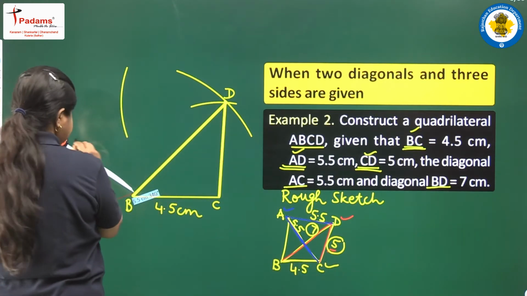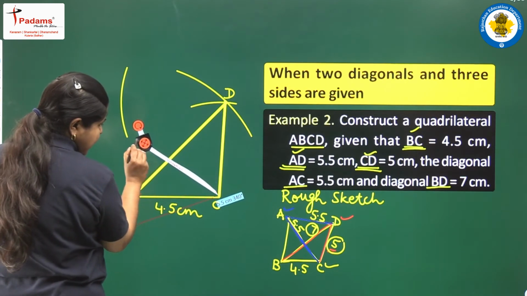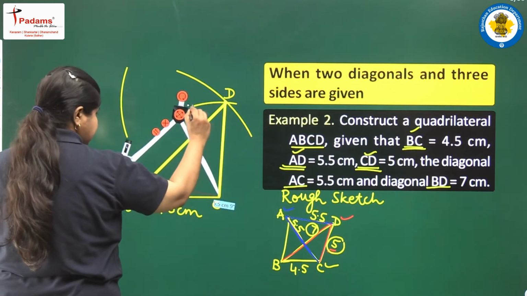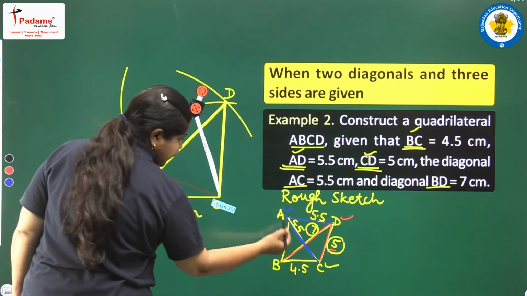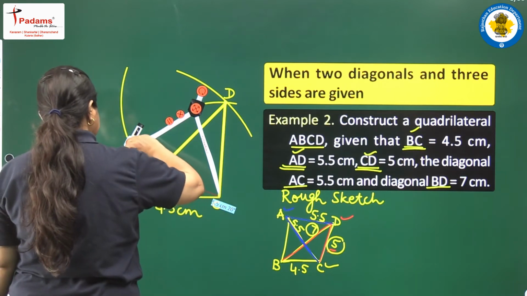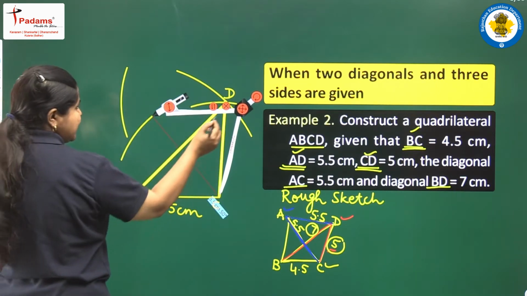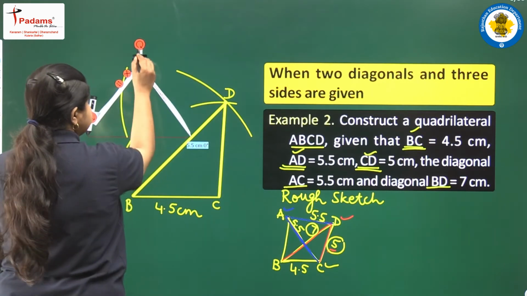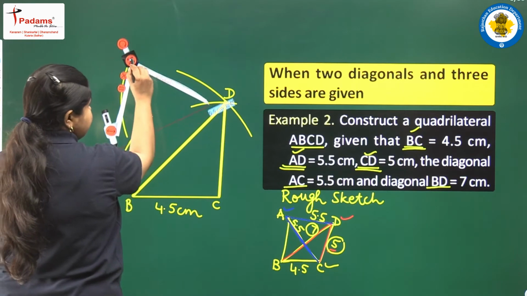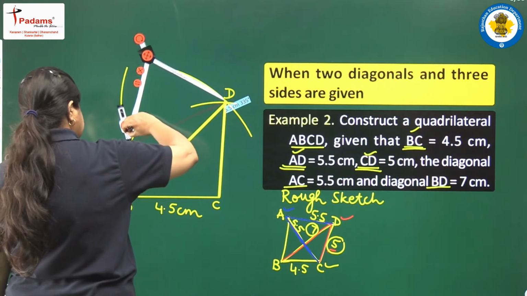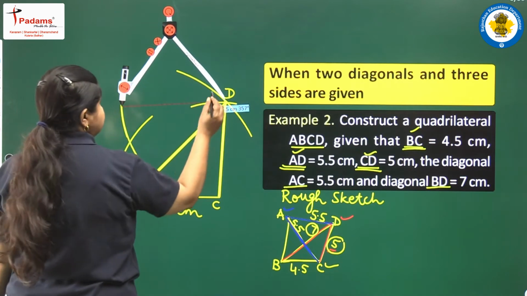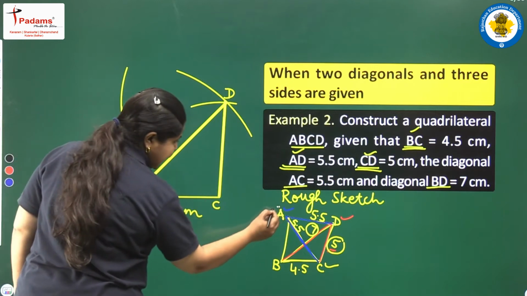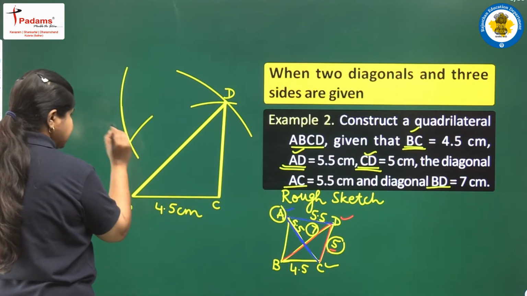So again I take it at point C, and again the radius should be equal to 5.5, as we have seen that this diagonal is measuring 5.5 AC. So again we will draw this arc here, but this has fallen short, so let us keep it back at point D and complete this arc once again. We will draw this arc once again in this way, and now we get the point of intersection as point A. You can see this one is point A.